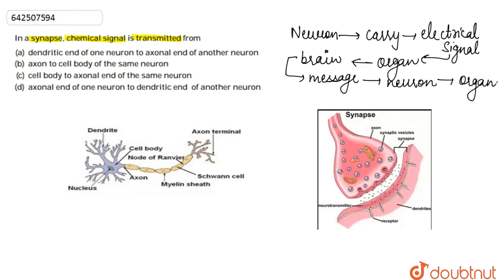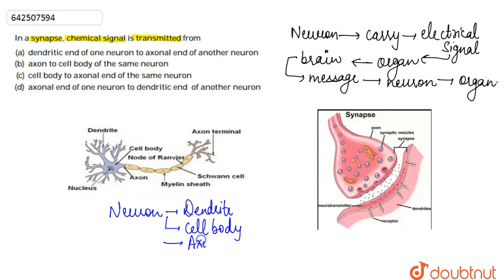So basically we look at here, the three main important parts of the neuron. Here we can see the structure of the neuron. The three important parts of the neuron are basically the dendrites, which are the very first part. These are some branch like structures. Then we have the cell body, that basically consists of nucleus and the cytoplasm, and then lastly we have